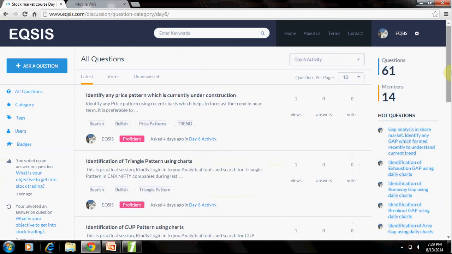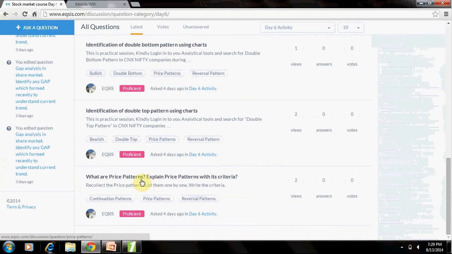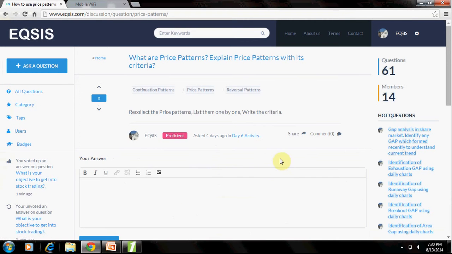So first go to your first question. I think most probably it would be at the bottom. What is a price pattern? Explain the price patterns with their criteria. This is once again a recall activity. So once again you have to write them one by one, like what those price patterns are. You can say it's a double top, double bottom, then head and shoulder, inverted head and shoulder,